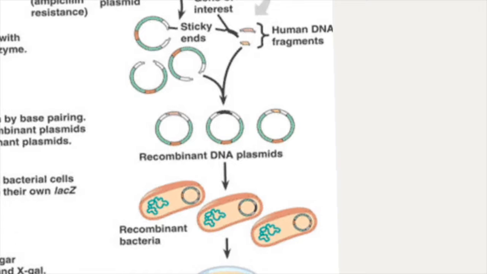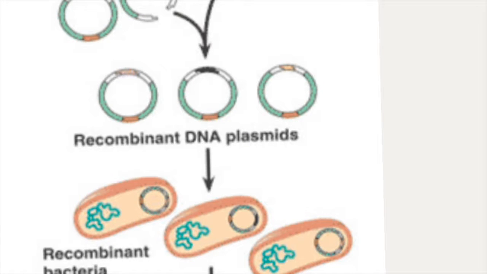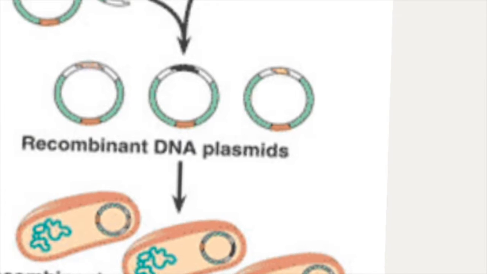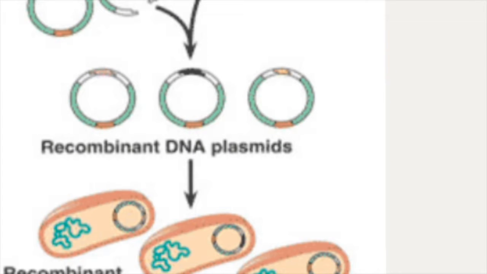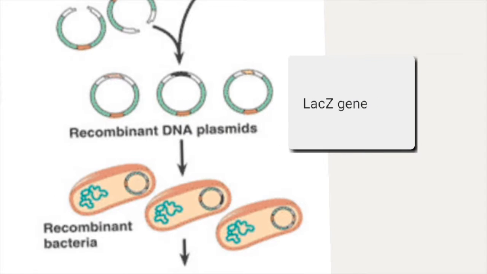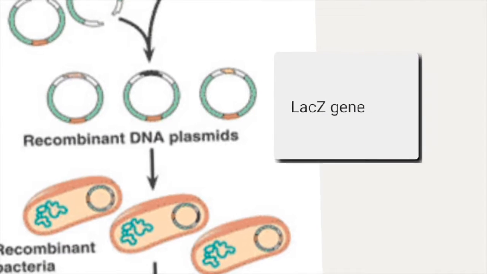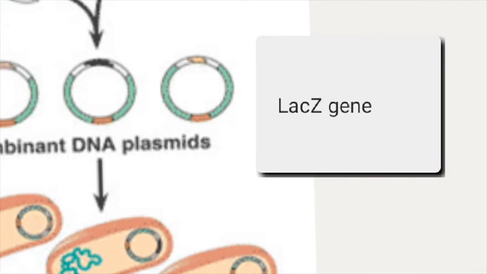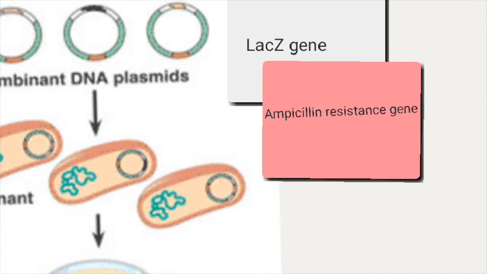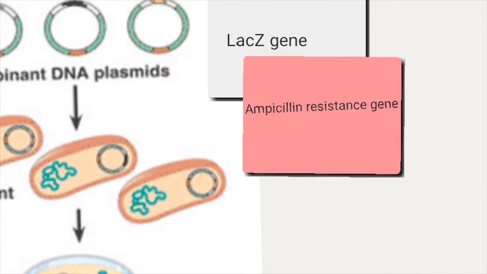A recombinant DNA, as I mentioned earlier, is produced, and a plasmid which serves as a vector is prepared. The plasmid must carry a gene that makes bacteria resistant to antibiotics, in this case ampicillin. The DNA to be cloned often interrupts the LAC-Z gene, which is a gene that codes for an enzyme that breaks down galactose. The LAC-Z gene and the ampicillin resistance gene are called selectable markers, and they are important for